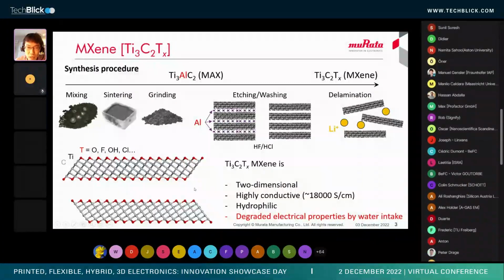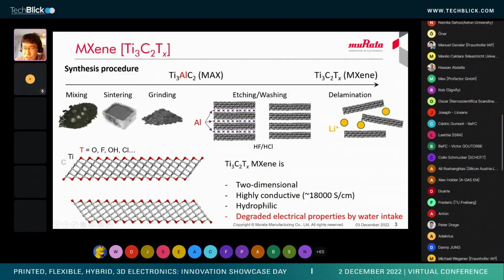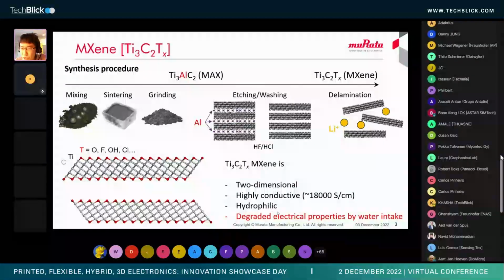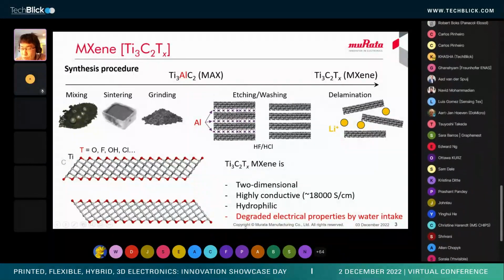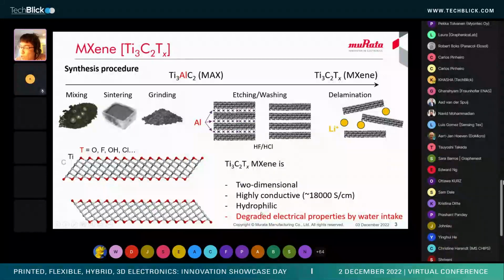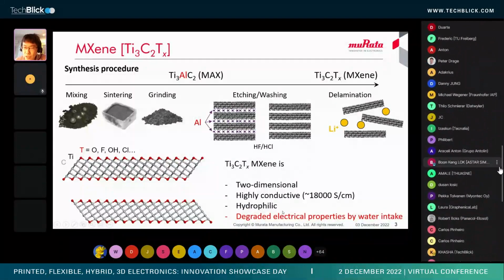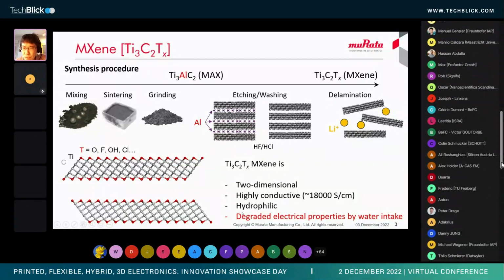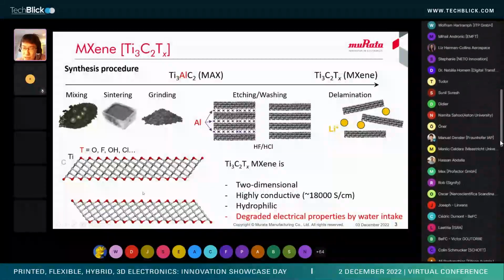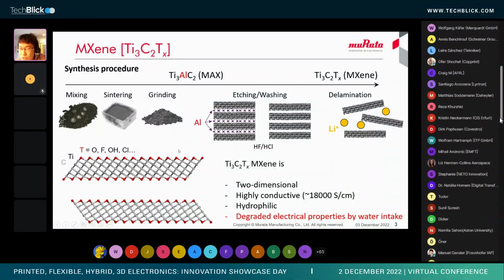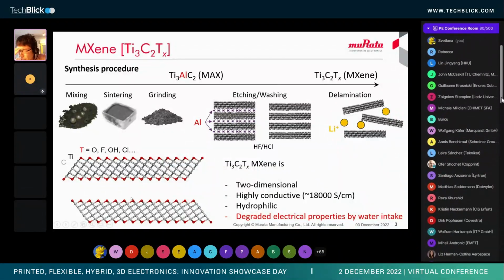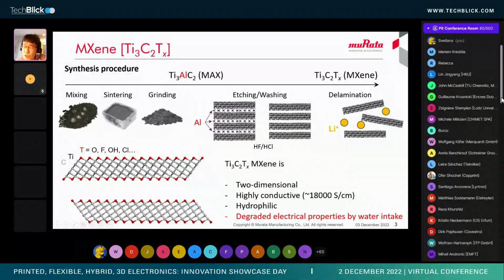But one of the challenges in MXene, especially for applications in electronics, is environmental stability under humid conditions. Because this material is hydrophilic, water easily comes in between the layers, and some water molecules make the lattice expand. In the out-of-plane direction, some conductive pathways are disturbed by